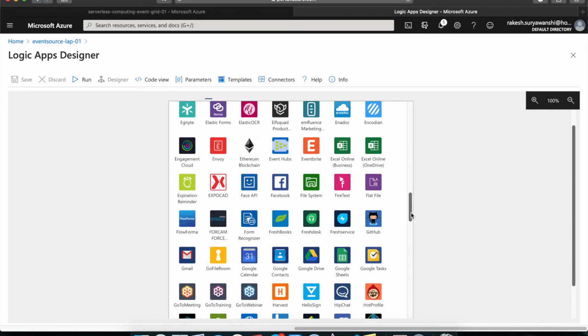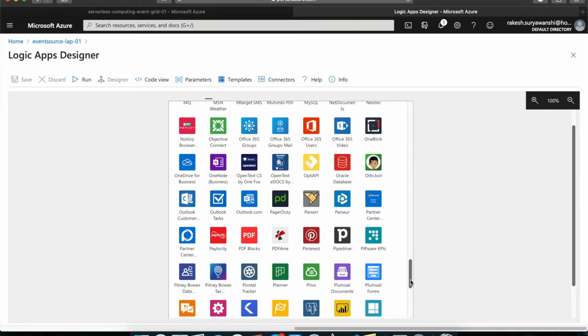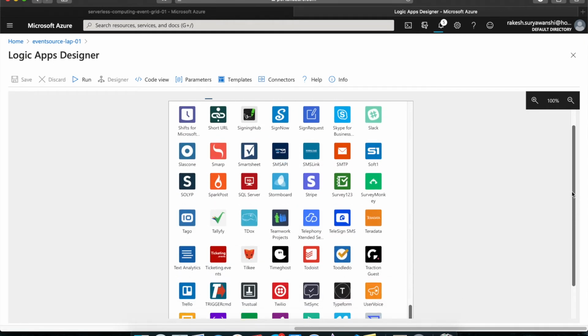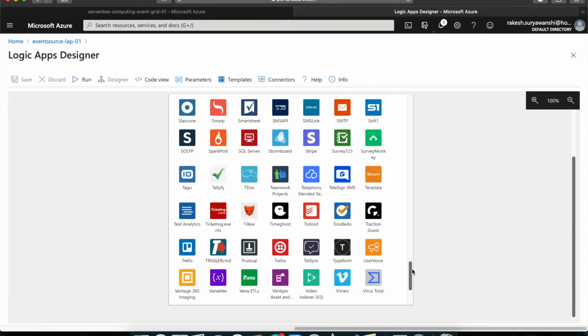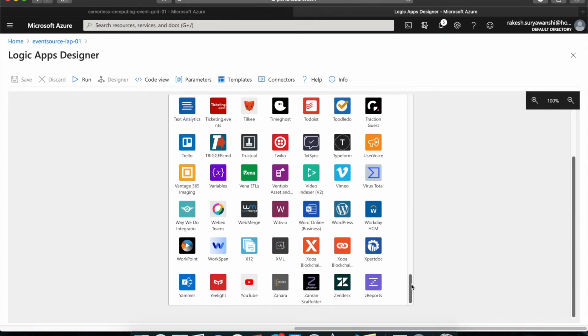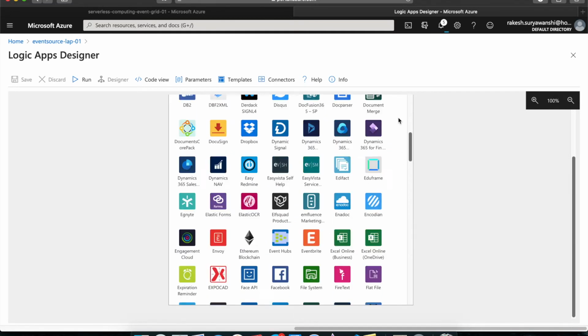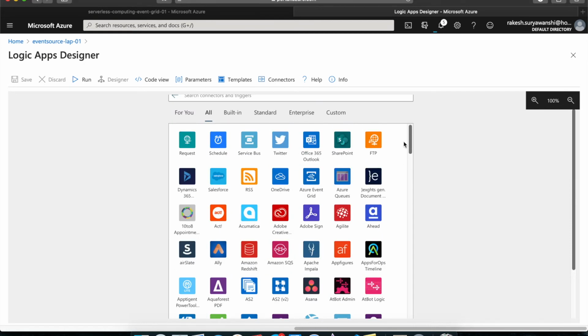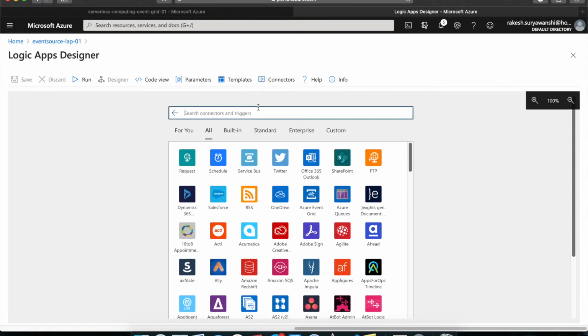So there are more than 200 types of connectors available, which are really useful for your business, and you can create integrations with the help of logic app. The list keeps on growing over time. So by the time you're watching the video, it may extend to 1,000 or 10,000. Let's get back to the demonstration and create an HTTP type of